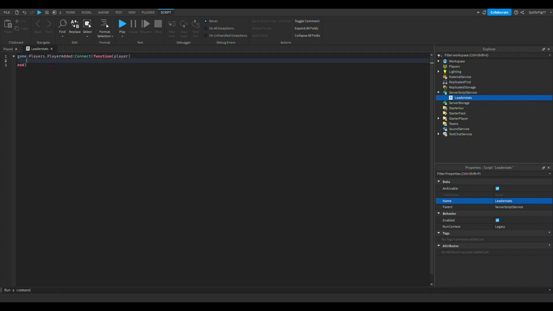Now we're going to actually make a little leader stats folder. So just type in local leaderstats is equal to Instance.new, and put folder inside the quotation marks, just like this. So now we're going to do leaderstats.Name is equal to leaderstats, and